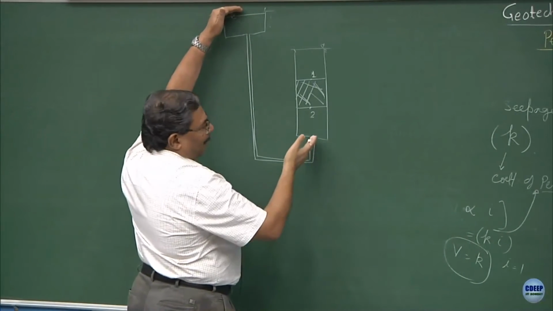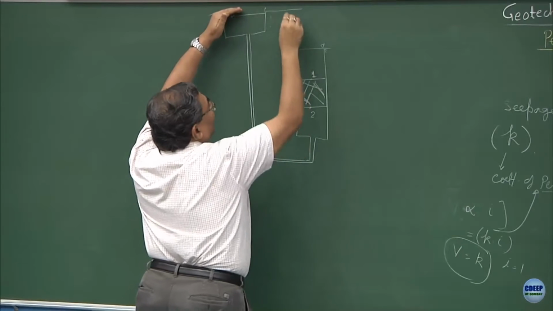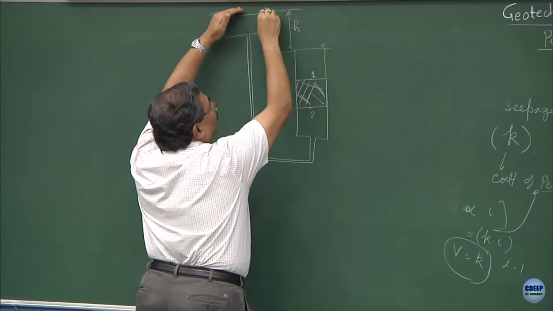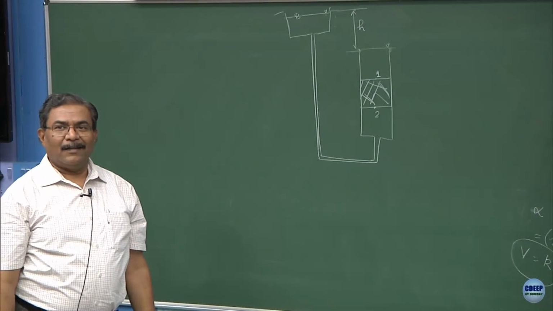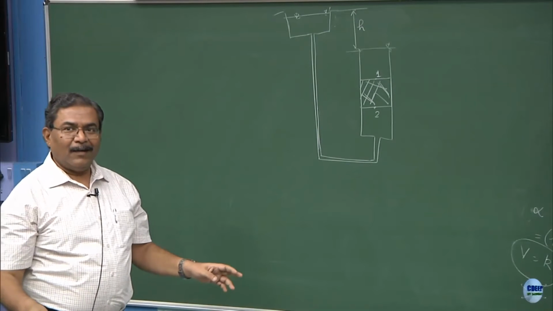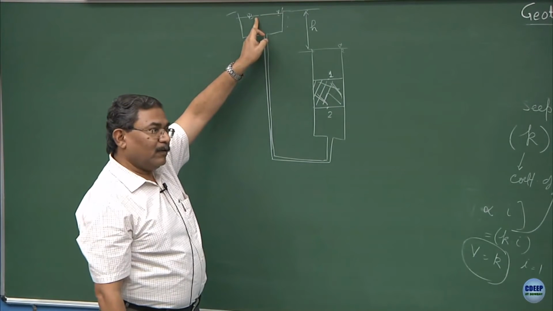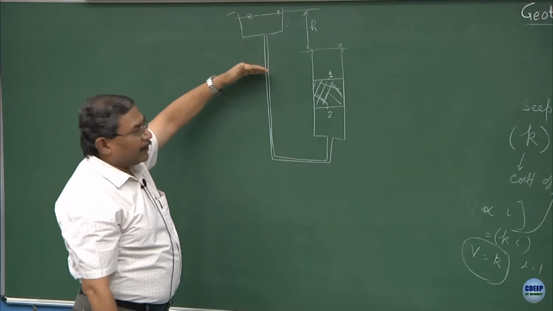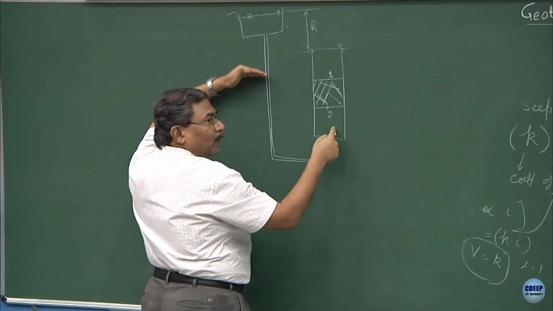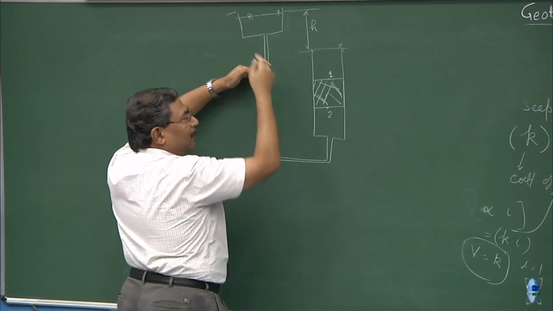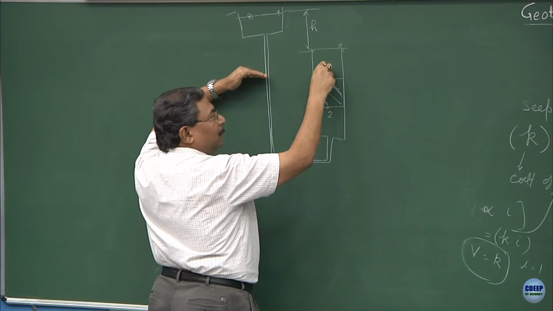It does not matter where I connect this point to. What I am basically doing is, this is the head difference between the two water levels, and the logic says that the hydraulic gradient is the difference of the energy state between the two surfaces, and that is what is going to cause the flow. Suppose I lower it down a bit, what is going to happen? The discharge is going to take place from 1 to 2. The moment I lift it up, what is going to happen? Discharge is going to take place from 2 to 1. Is this point clear? Simple mechanics.